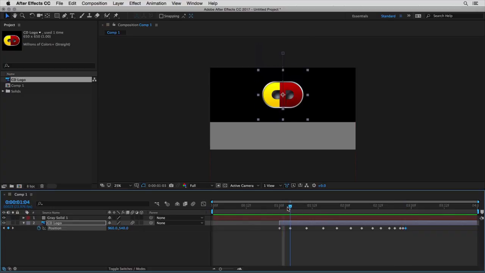Now when it bounces against the ground, that's a sharp change in direction. It'll bounce and immediately go up. So every other keyframe where it hits the ground is going to stay linear. Every other keyframe where it's bouncing upward is going to be eased. So I'm just going to select every other keyframe